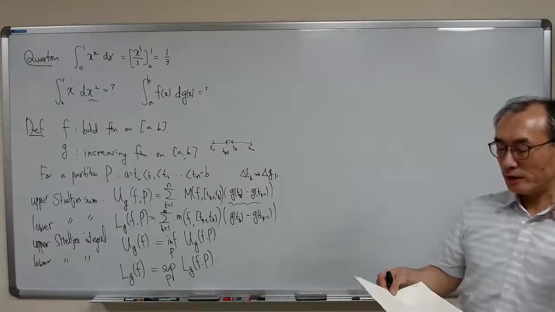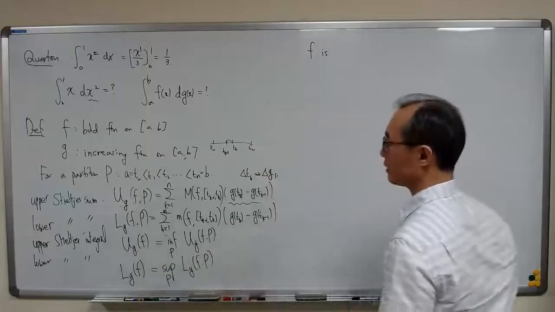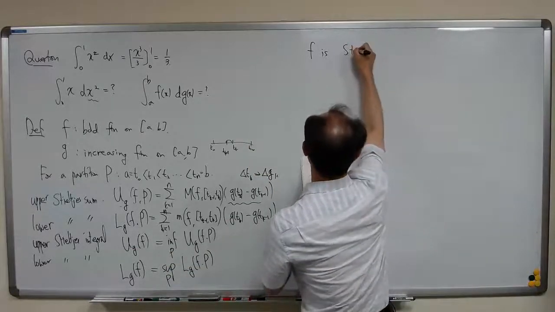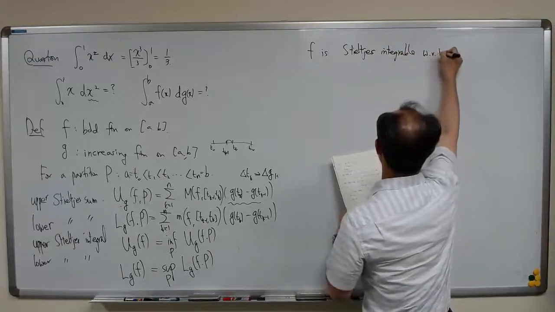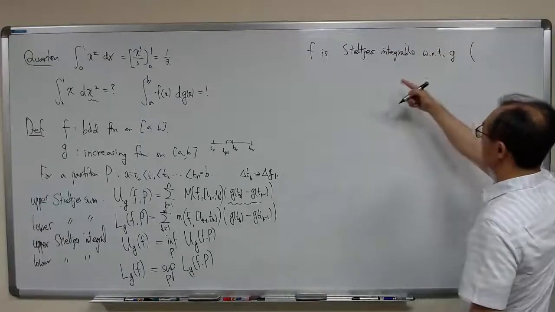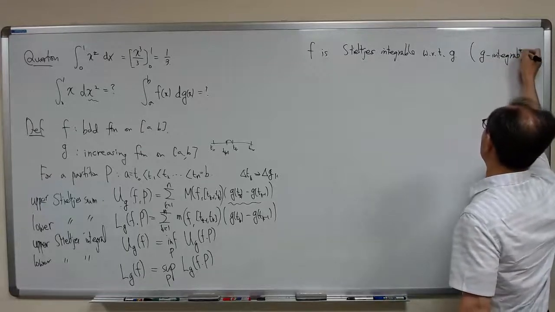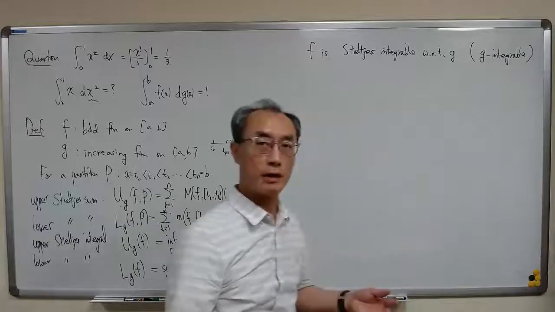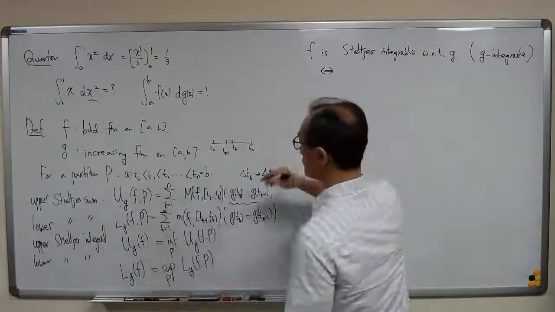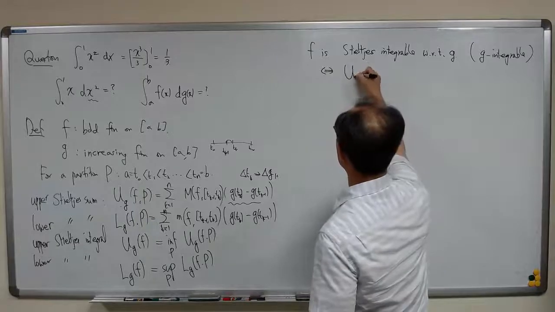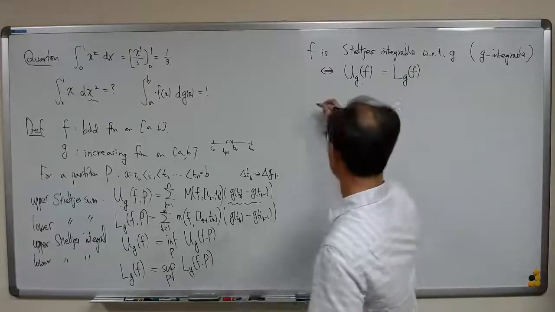Then integrability will be defined by the equality between those two different integrals. The function f is Stieltjes integrable with respect to g, or simply g integrable, if and only if the upper integral of function f with respect to g agrees with the lower integral. If that's the case,